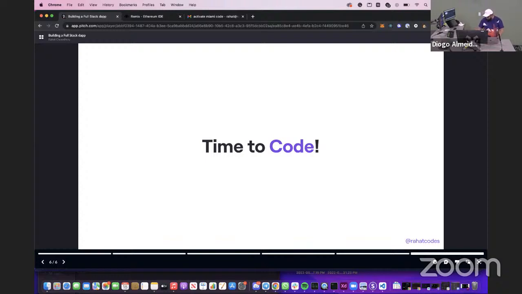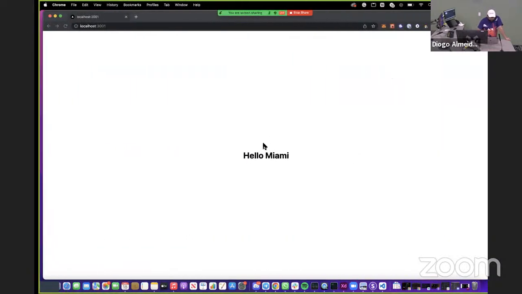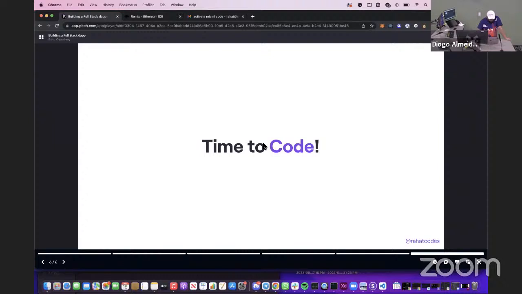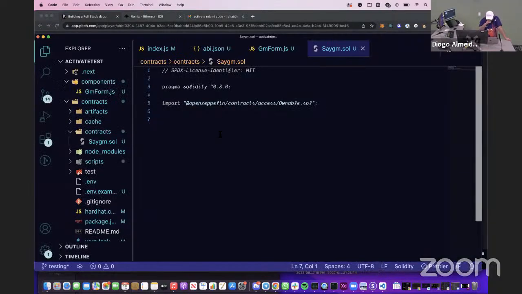Cool. So what are we building? We're going to be building a full stack dApp. It's called SageEM. It is a journal or kind of like a live forum type app where you go to a website and leave somebody a message. We're going to start off with the smart contract. So let's pull up my VS Code here. I've already scaffolded out a couple of different things. Mainly, I've gone ahead and